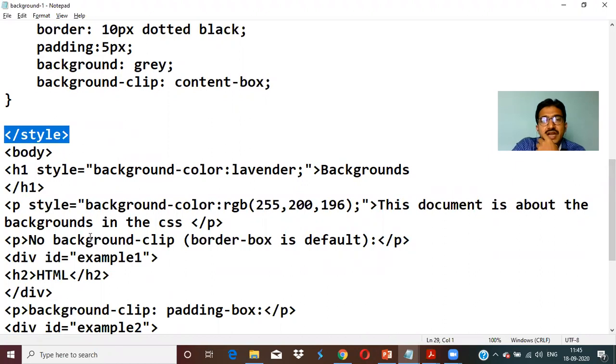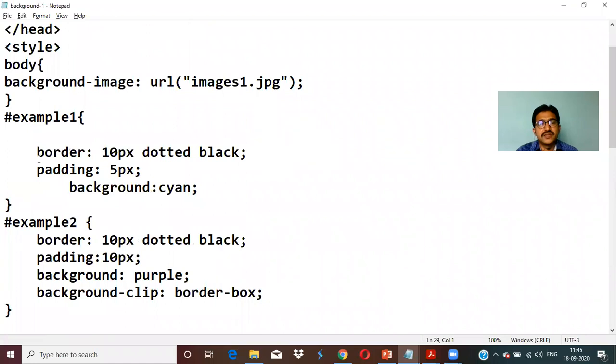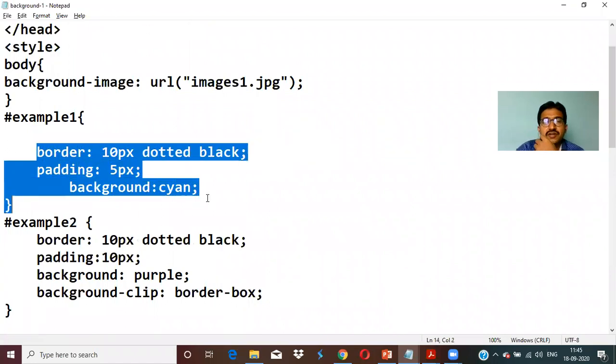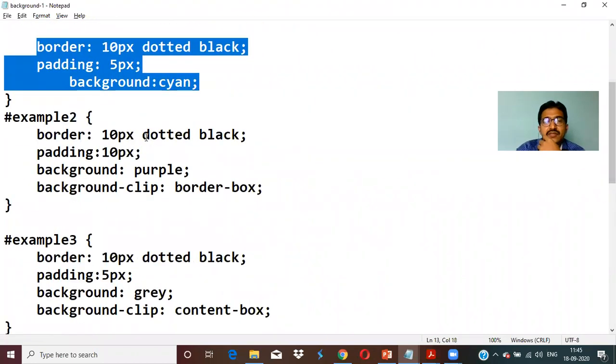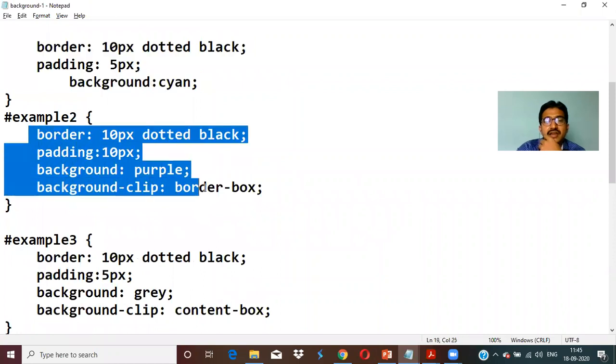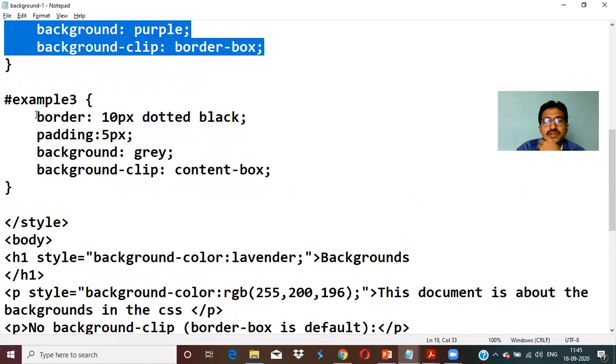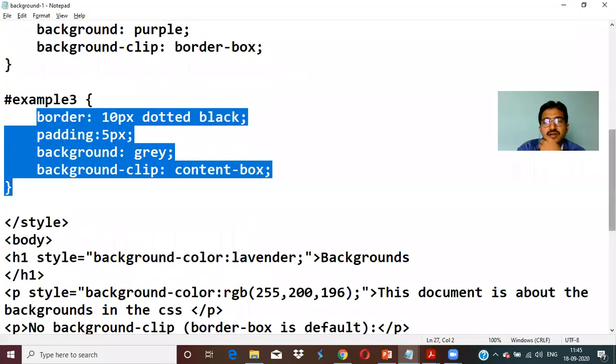So for whichever tag ID equals example 1, if you are using it, then it will apply this style, that is border, padding, background color. If you are using ID equal to example 2 in any tag, these properties will be applied. If you are using ID equal to example 3, this property will be applied.